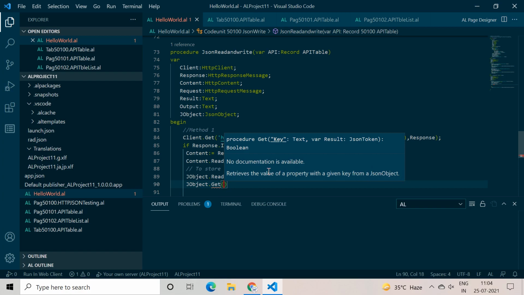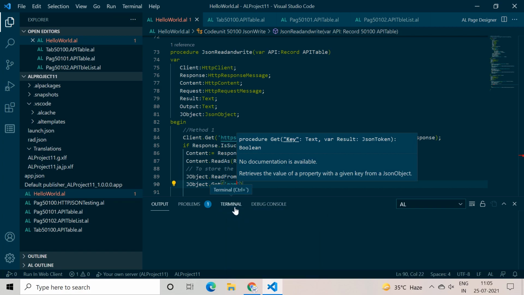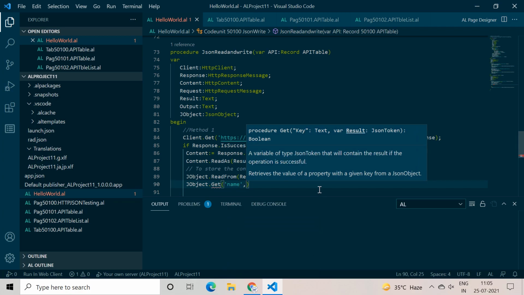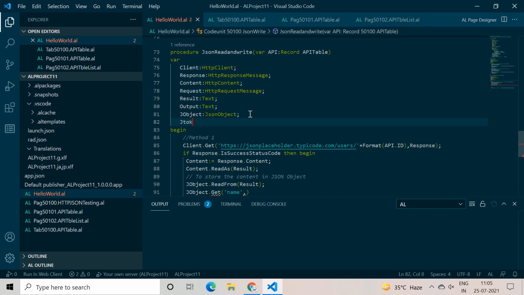Okay, so we already have the ID with us, and the next field we want is name. Whatever the value of that name is, we want to store it in the JSON token data type, but we don't have this JSON token object defined here. So let's define one object called JSON token.